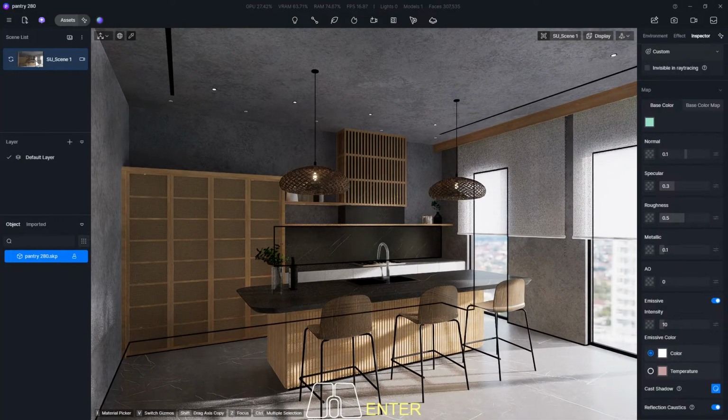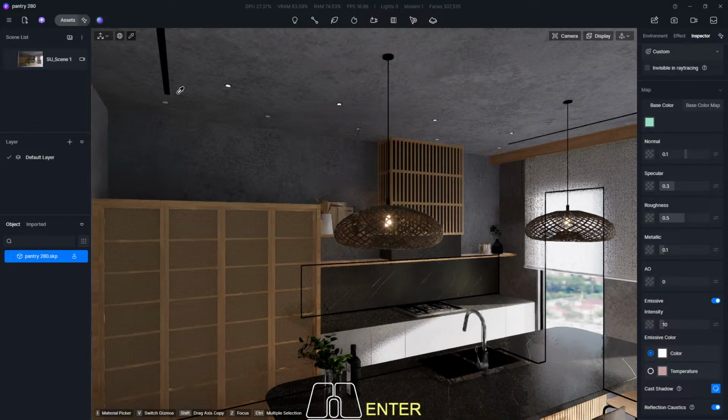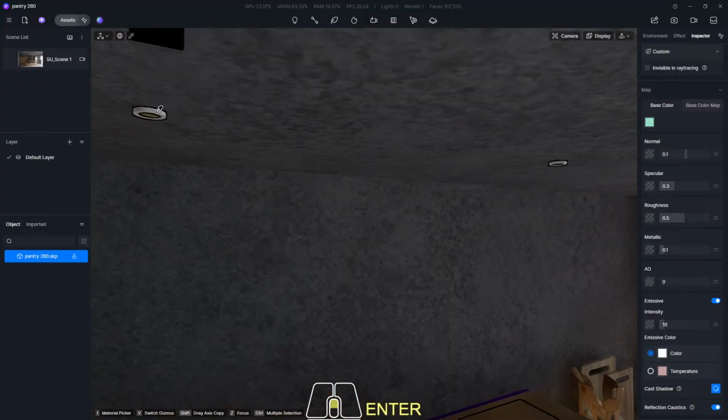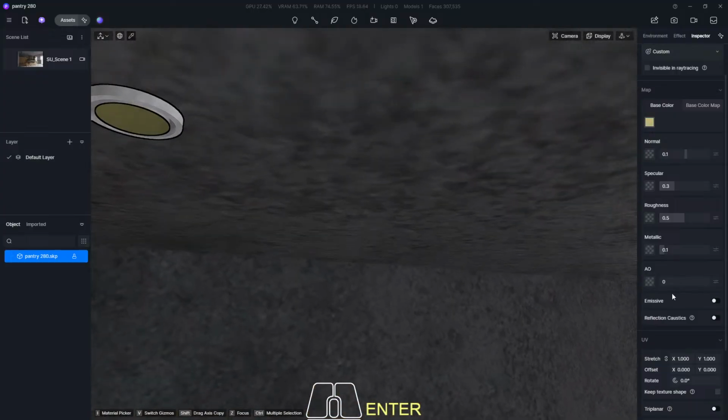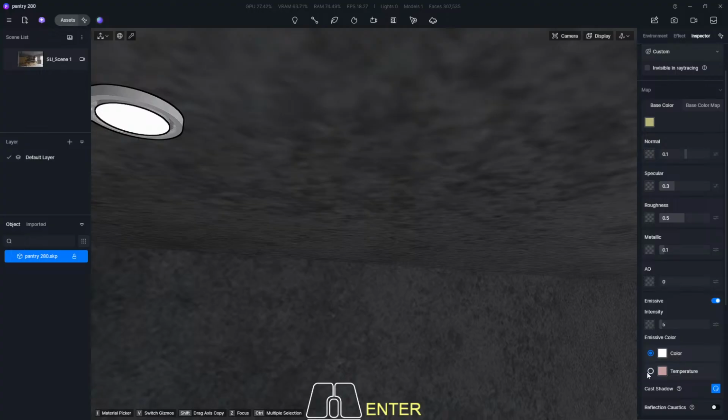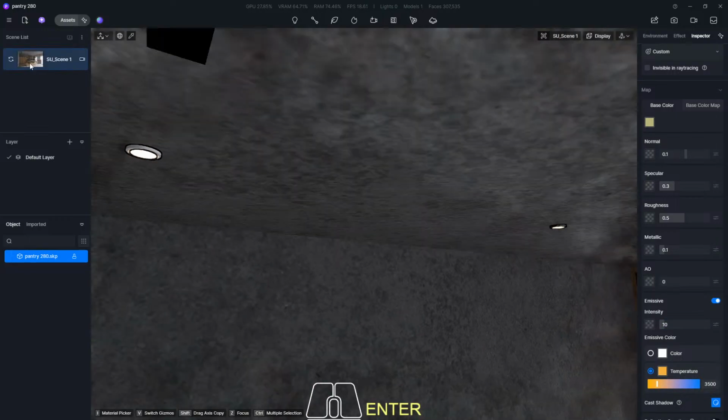Okay, nice. Then next we have this spot lamp, emissive, temperature 3.5K, and then intensity 10. Okay,